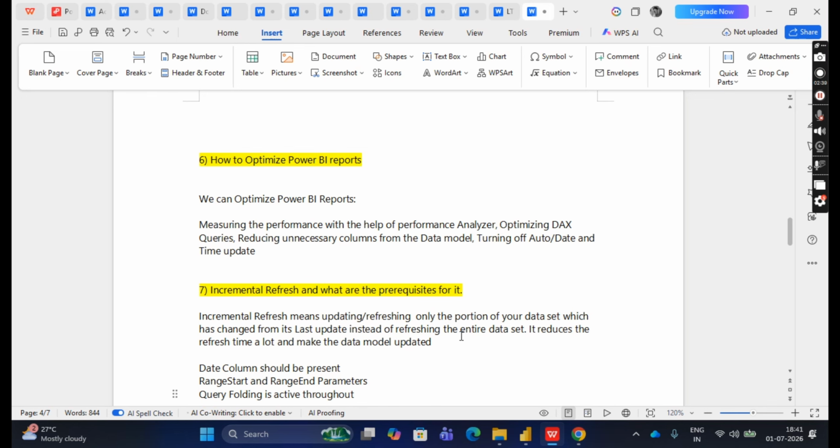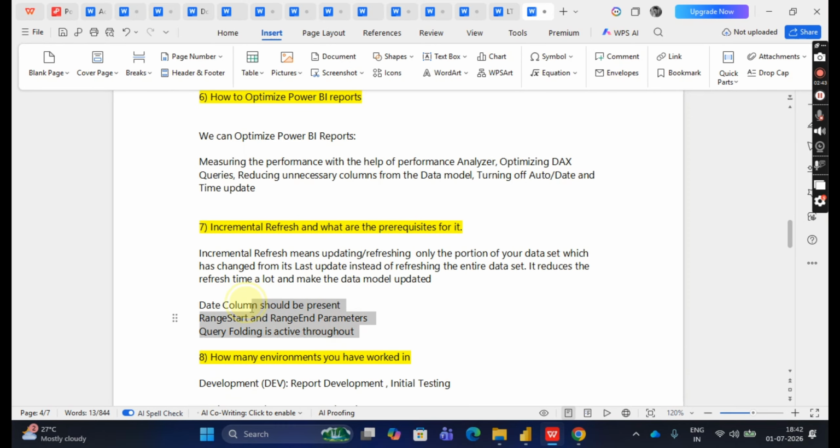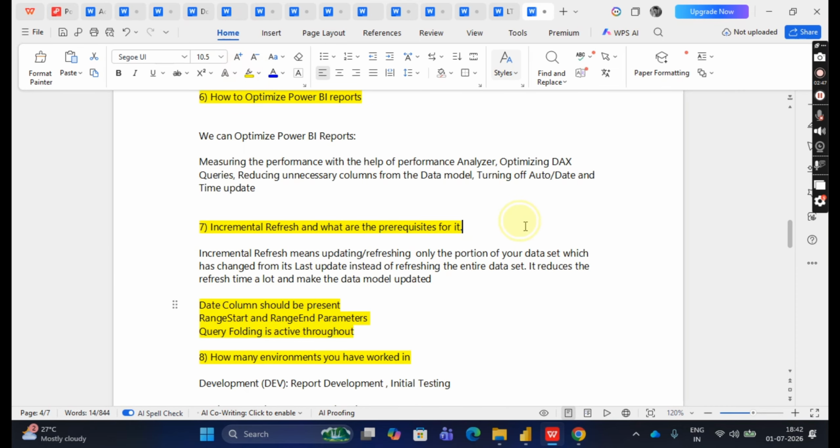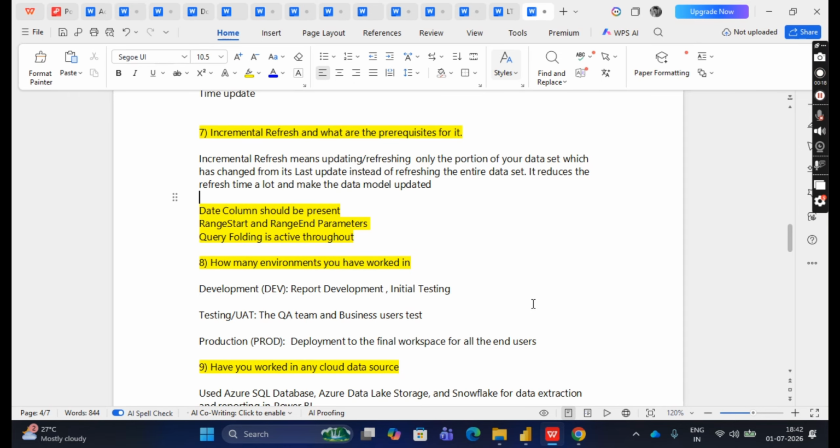So query folding should be active throughout your data model in order to ensure that you can perform incremental refresh. Okay,